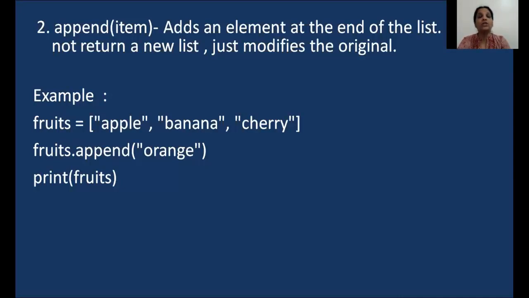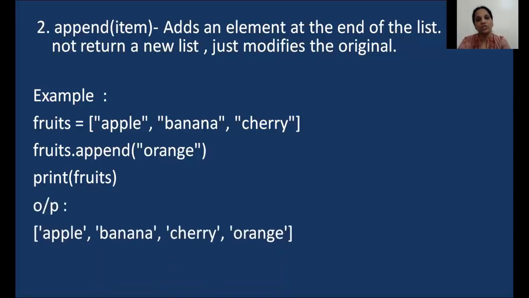Now, if you had used append to add a list instead of an item, which is like an orange or a banana or a fruit, if you had added a list, then that entire list gets added to the existing list as a sub list or a nested list. So according to the append function, it has added only one element, but that element of yours consists of many other values in it. Is that clear? So the append function would give you the output like this.